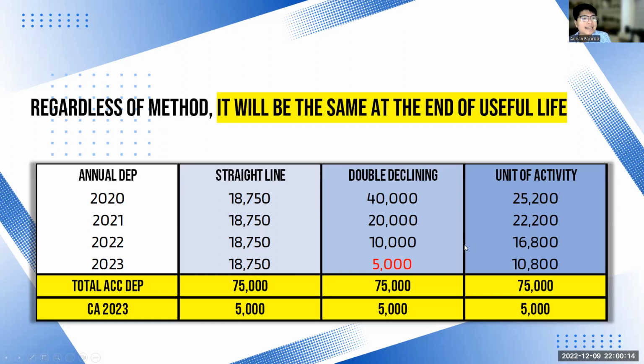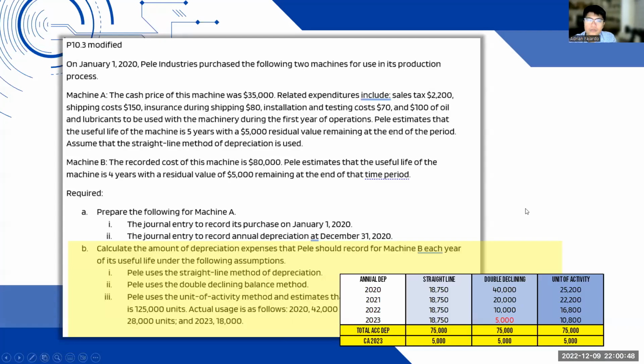So in essence, the different depreciation methods is just different methods of allocating that expense on year. Sa straight line, they believe that you should allocate evenly. Sa double declining, they believe that you should allocate more at the start and then unti-unti nag-gradual bumababa yung depreciation. Sa units of activity, they believe that should not be a basis of time, but it should be a basis of activity. So depende kung how much you use the activity, right? Kaya nag-iiba-iba yung depreciation. Right? So we're done.